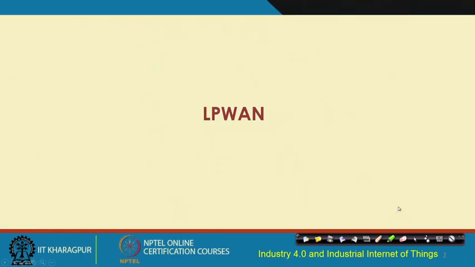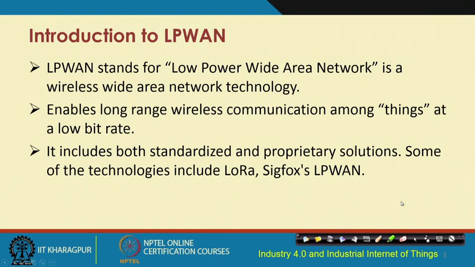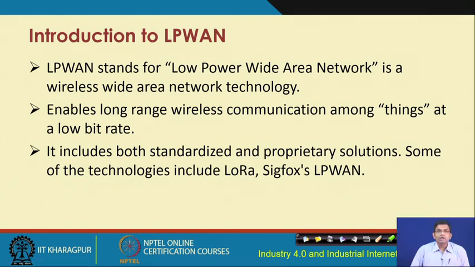Low power wide area network, LPWAN, is a wireless wide area network topology that enables long range wireless communication among different things. Technologies such as Zigbee, which we have briefly understood in the introduction section, and of which I am going to show you a demo in the next lecture,